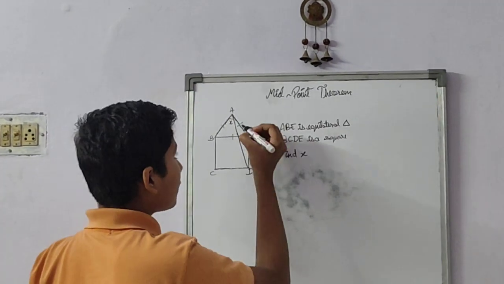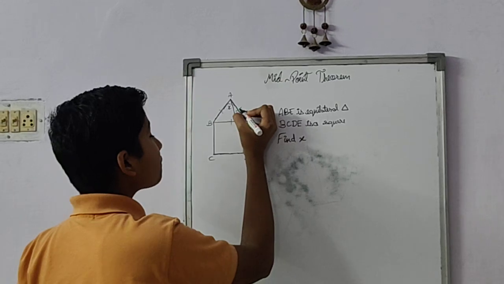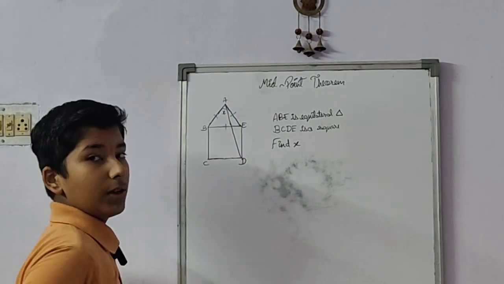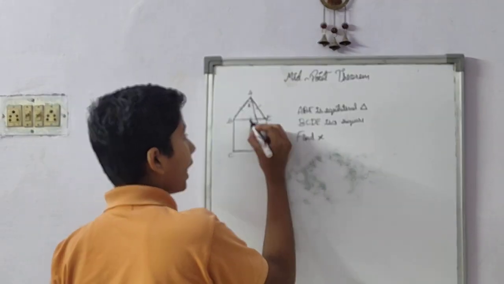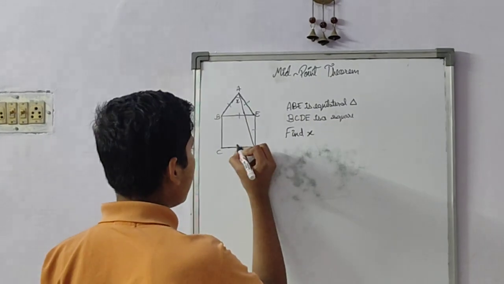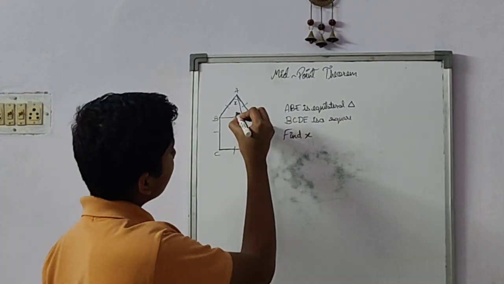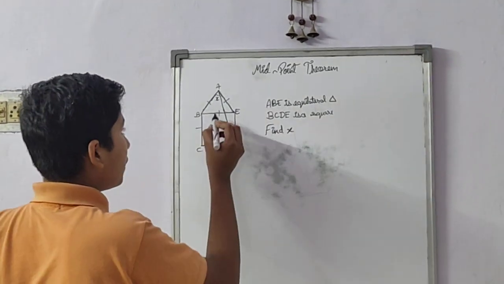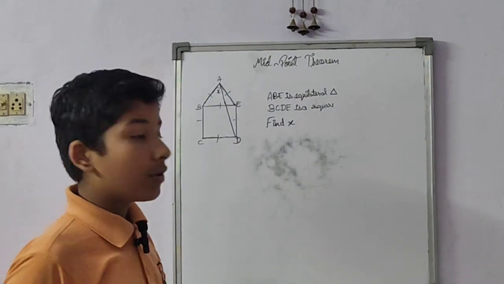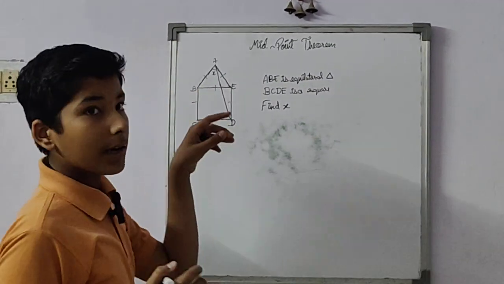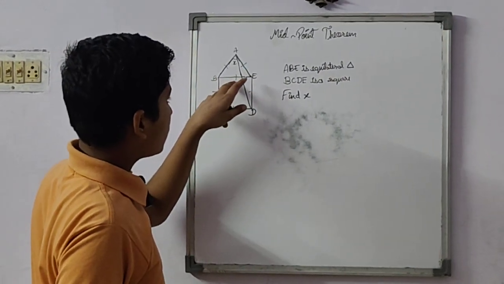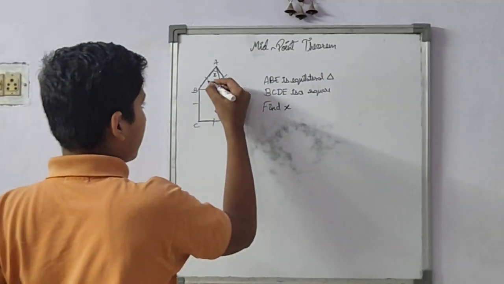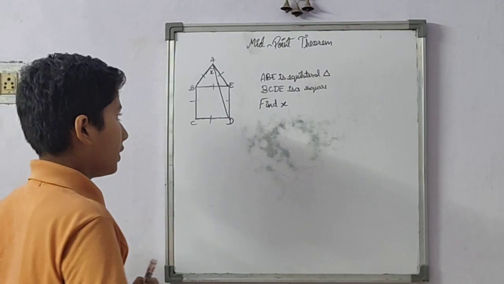So what is told here? This is an equilateral triangle. We know that an equilateral triangle has all the sides equal. I marked them equal, and a square also has all the sides equal. So the equilateral triangle's base and the sides of the square are equal. So these two are equal to this, equal to these all. Means all the sides are equal to each other.